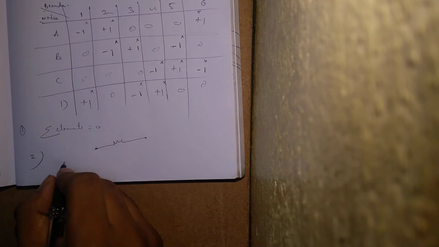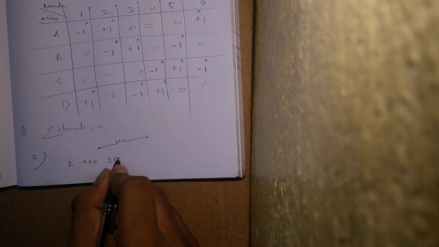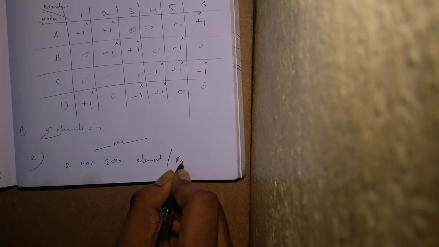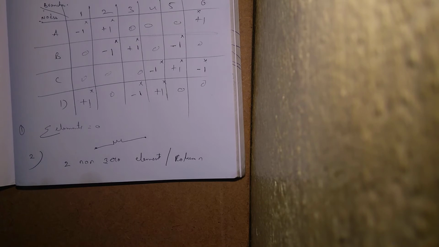That is what the second property is: two non-zero elements per column. There will be only two non-zero elements per column. The first property is that the sum of non-zero elements is 0, and the second property is that there will be only two non-zero elements per column. And the third property is